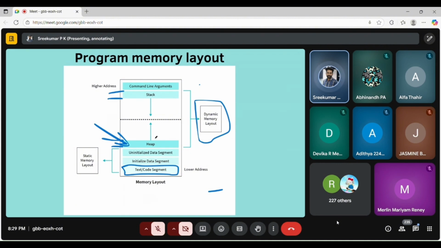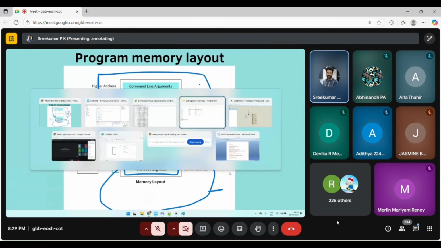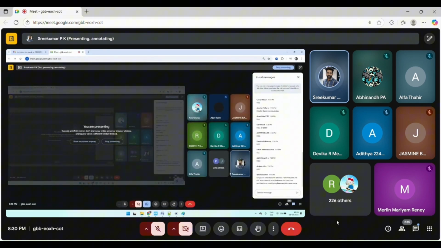So this is a runtime manageable memory area. These two are managed during runtime, which is dynamic. The size of the memory unit will change entirely. All these things will reside inside RAM. Text code will reside inside flash memory. Okay, so this is what I wanted to tell you about the program memory layout. Without this, we can't proceed. Anyone have doubts here?